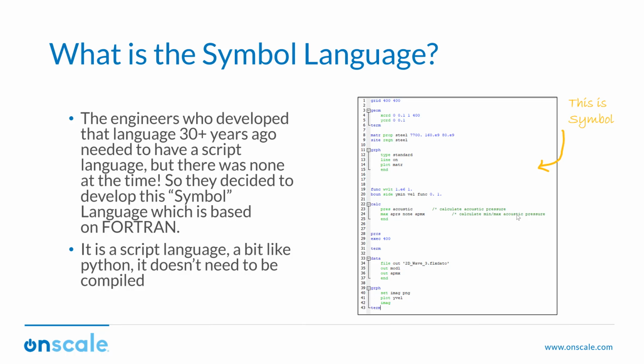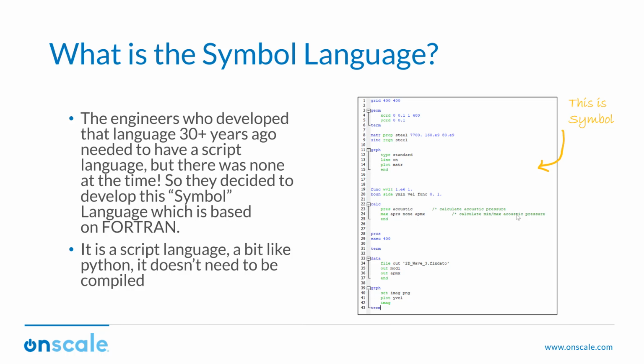It was invented 30 plus years ago, when there was a need for a script language but there was none at the time. People were still using FORTRAN to do some coding, because FORTRAN is very useful for mathematical and scientific calculation. But the big disadvantage of FORTRAN is that